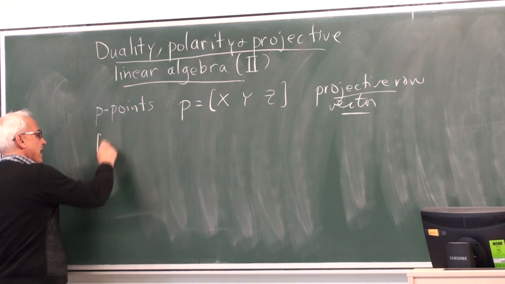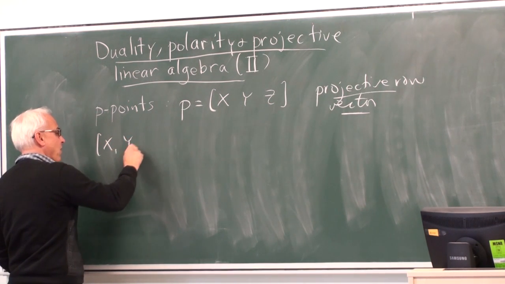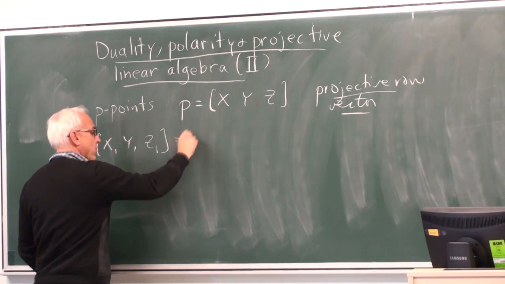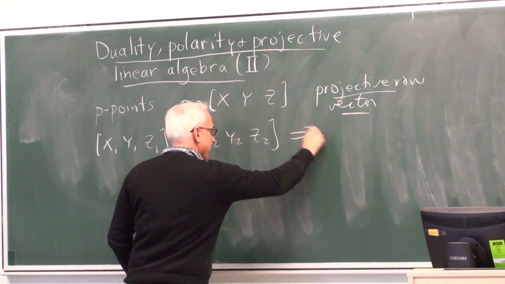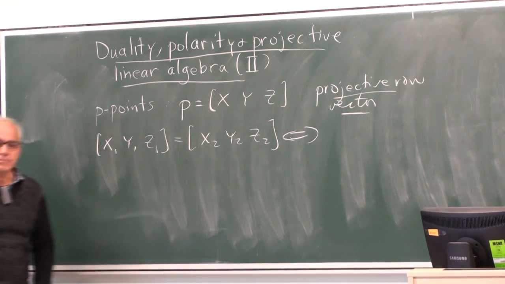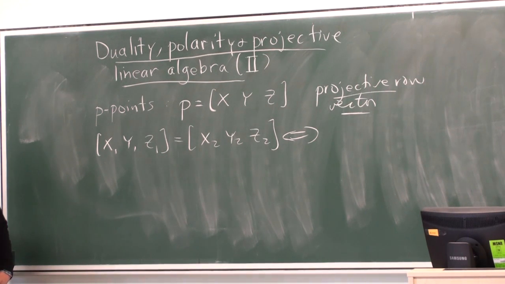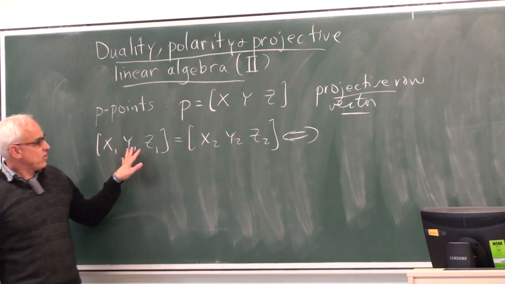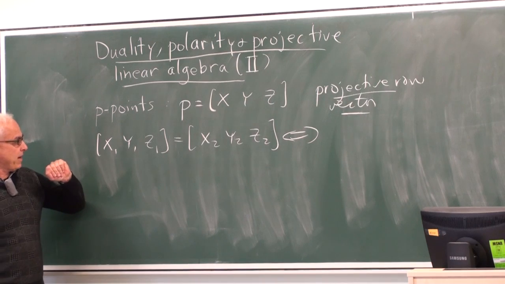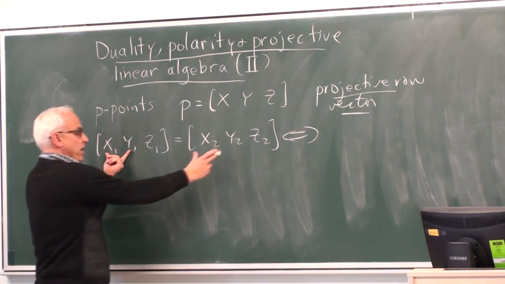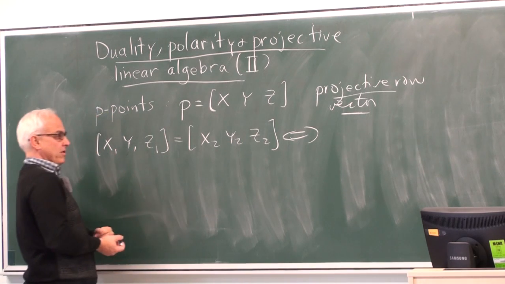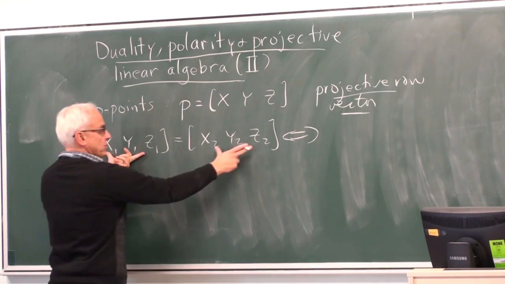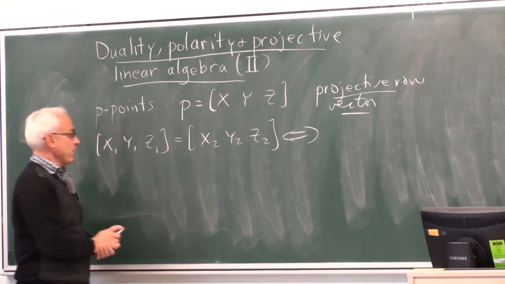So we say that (x1, y1, z1) equals (x2, y2, z2) precisely when these two proportions are going to be equal: if the proportion of this one to this one is equal, if the proportion of this to this are equal, and if the proportion of these two to these two are equal. So we can write that as